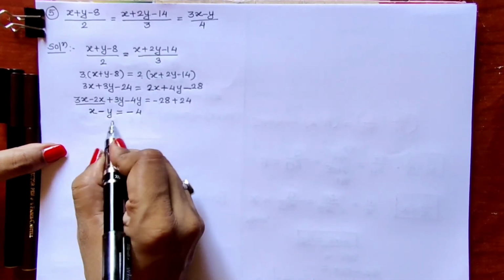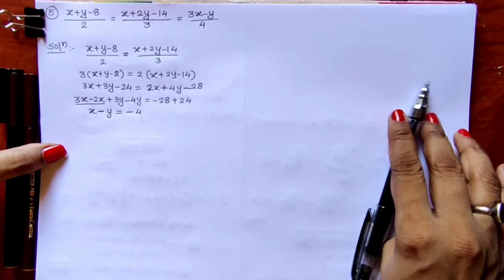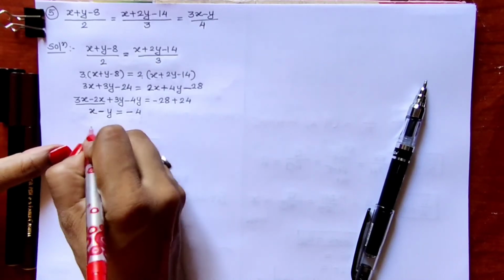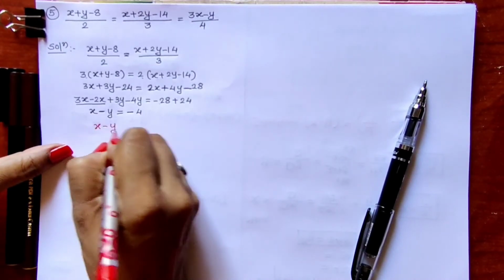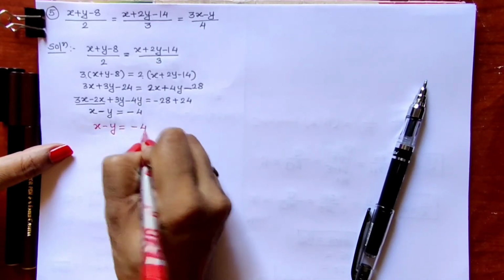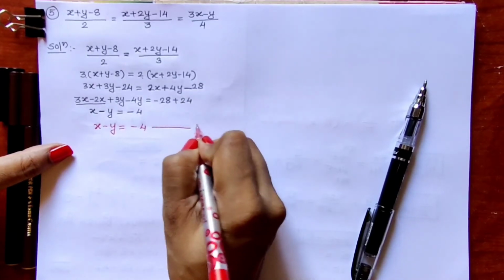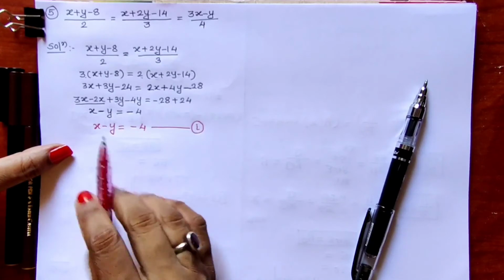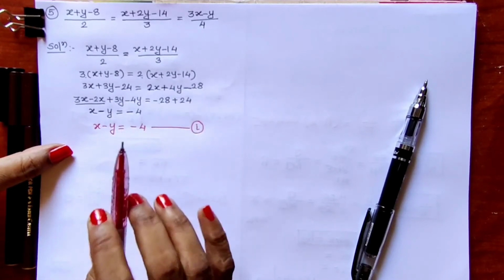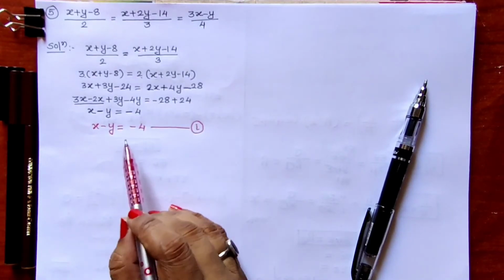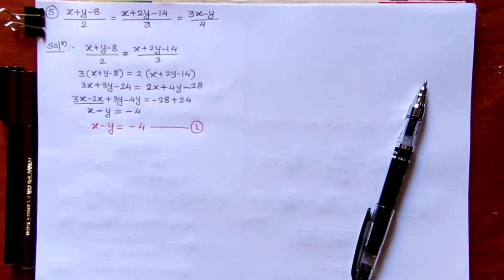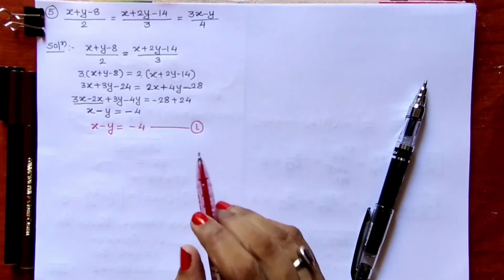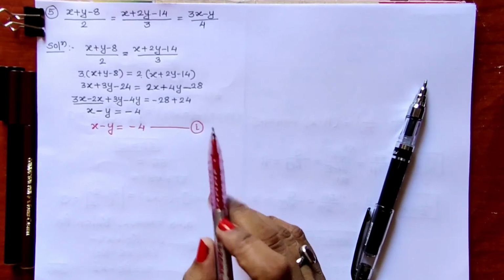So now you can see we have got this equation number 1. I will write the equation again, so it will be easy to recognize the equation properly. This is our equation number 1. So in this way we have got equation number 1, which is a linear equation in two variables, so that we can solve it by applying Cramer's rule. As we have got equation number 1, we will have to get equation number 2 also. So how to get equation number 2?